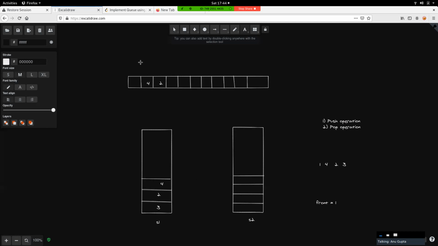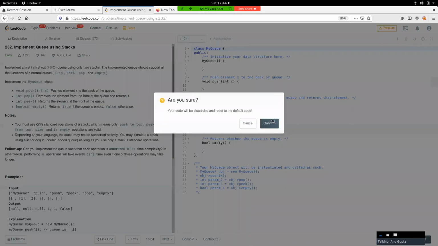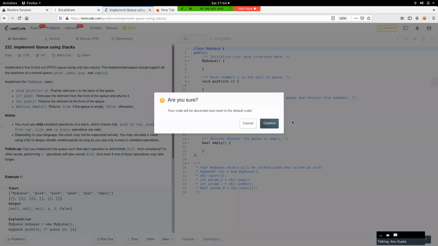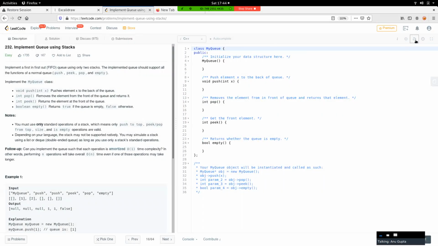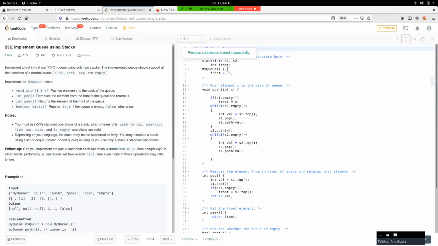whatever we have discussed, the logic, the same code flow would be in our queue using stacks as well, right? Okay, I just retrieve it. So now we are taking two stacks S1 and S2. We are using STL here, and we are taking a frontmost element as we said.